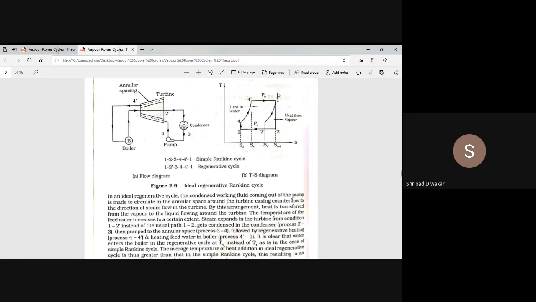Okay, this is how to draw the ideal regenerative cycle. So first, 1, 2, 3, 4, 5 is your normal Rankine cycle. For the regenerative cycle, you have to draw a line parallel to the 4, 4 dash line and then drop down. Next, in this one, 1, 2, 3, 4, 4 dash and 1 is your normal Rankine cycle. So 1, 2 dash, directly you have to take this point. Don't mention anywhere, or you can say some x or y point here.